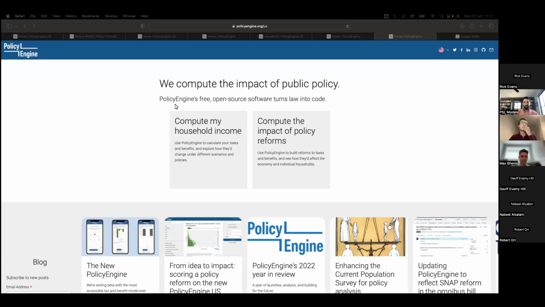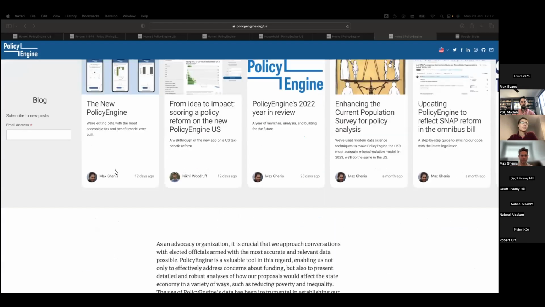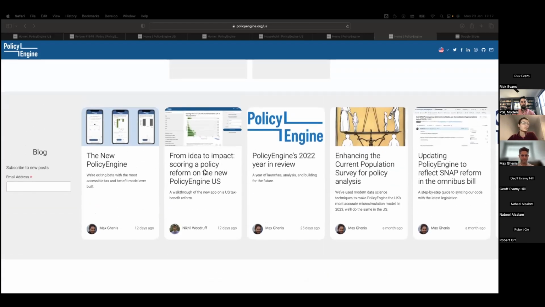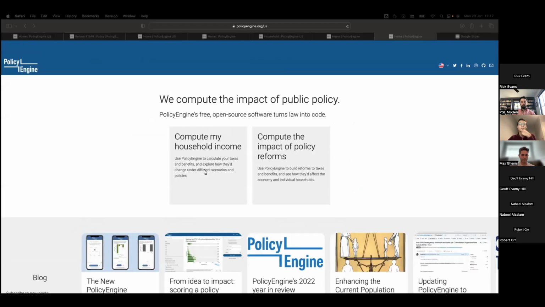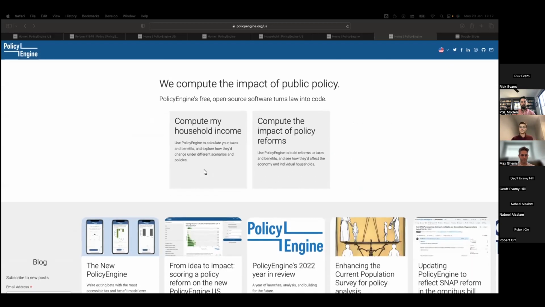Yeah, so I'm just going to walk through just one concrete use case. But the first thing to point out is that the homepage looks slightly different than it did before. We've collected all of the different blog post analysis pieces that we write on different policy ideas as they came up, and some more examples. So it's not a completely unfamiliar interface when you jump straight into it. And it is in the US and other jurisdictions as we added those. The Canada model is still in progress, but the UK model works fine enough.